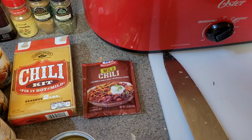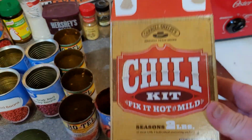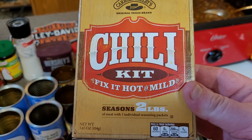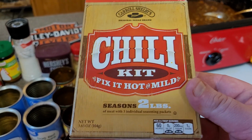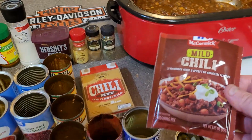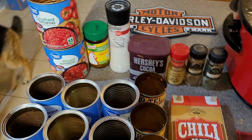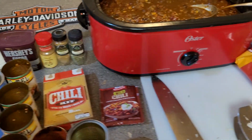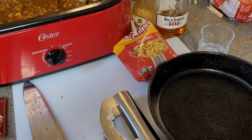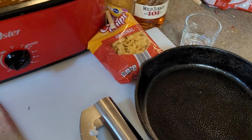Add, this is a good one here, a pack of this, which is the Carol Shelby's chili kit. And yeah, we made it hot because it's just one pack of this. And then I did about a pack and a half of the McCormick's mild chili. Sauteed it up, browned it to where it was not completely done, but done enough to go into the big